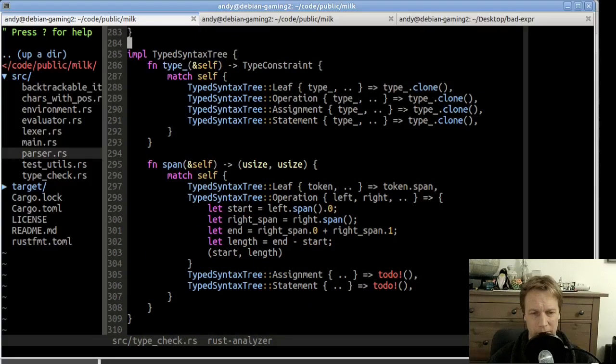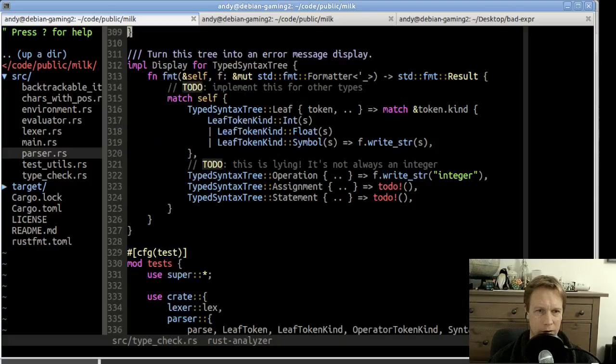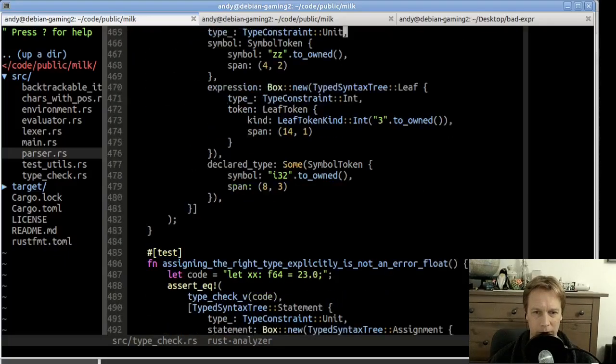So what we've done now is we've added a span method to type syntax tree so that it can be used in error messages, because in error messages we need that span. And we've also implemented display for type syntax tree so that it can be shown in an error message. And the last thing that we need to do is we need to stop lying, but in order to prove that we're not lying, we need a test where this thing should not be integer but something else. So let's find our test where we assume that it's integer,